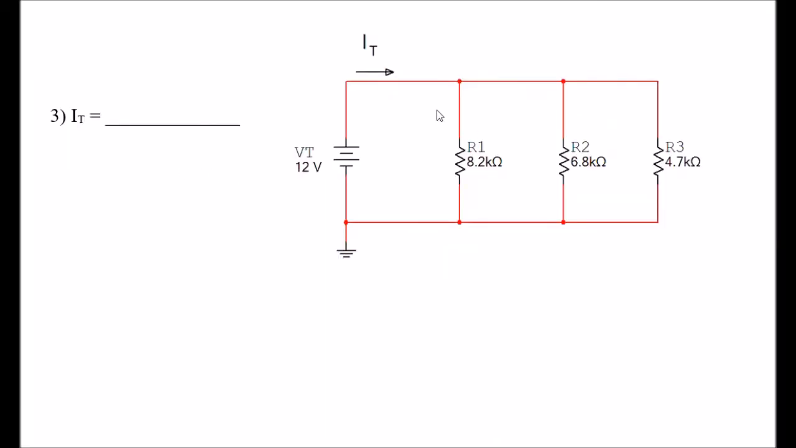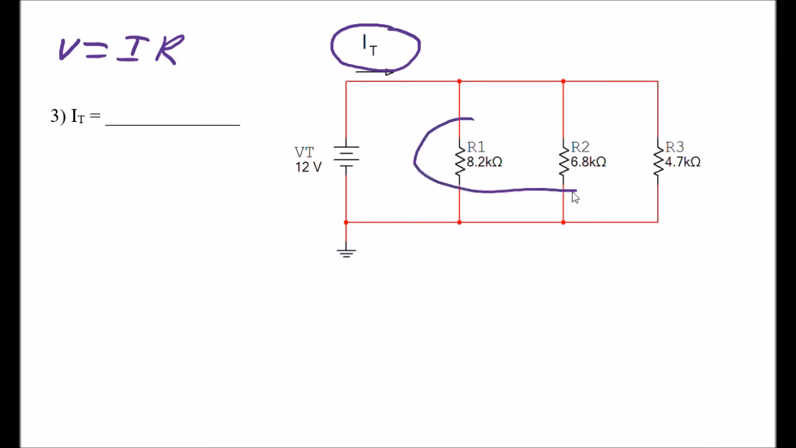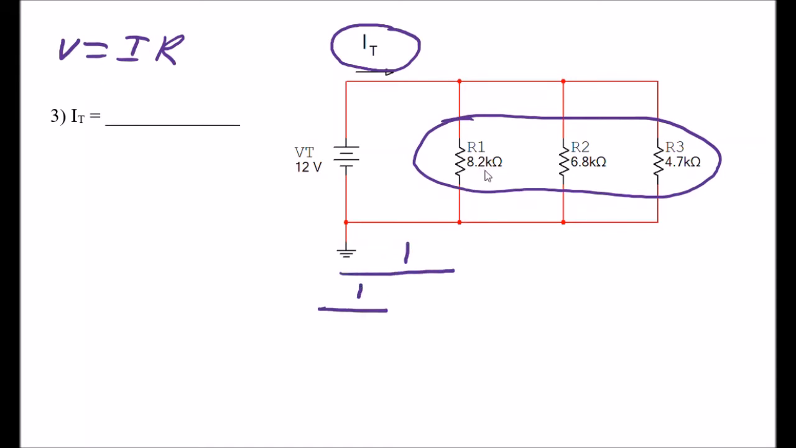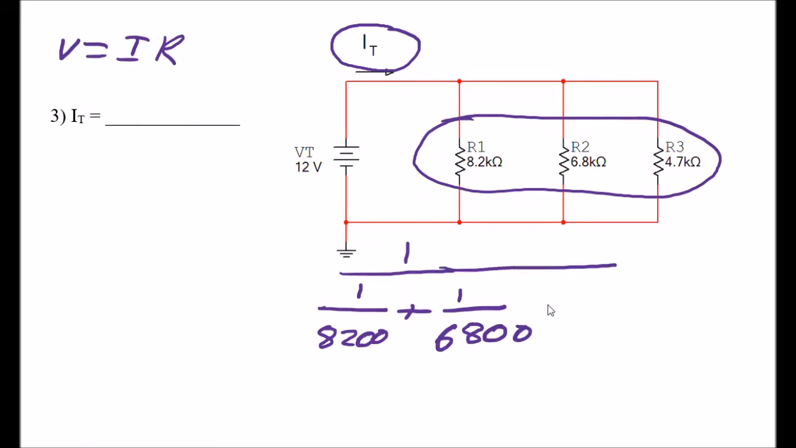This next one is a little bit tricky. I have a lot going on here. Again, I'm trying to find the total current, and I'm going to use, of course, V equals IR again. I can just write that down. But in order to find the resistance, these guys, of course, are in parallel, so I have to use that rule for adding in parallel, which is 1 over the first guy. Now, this is kilo ohms, so that's really 8,200. Plus the next one is 1 over, again, kilo ohms, so that's 6,800, plus 1 over, again, kilo ohms, so that's